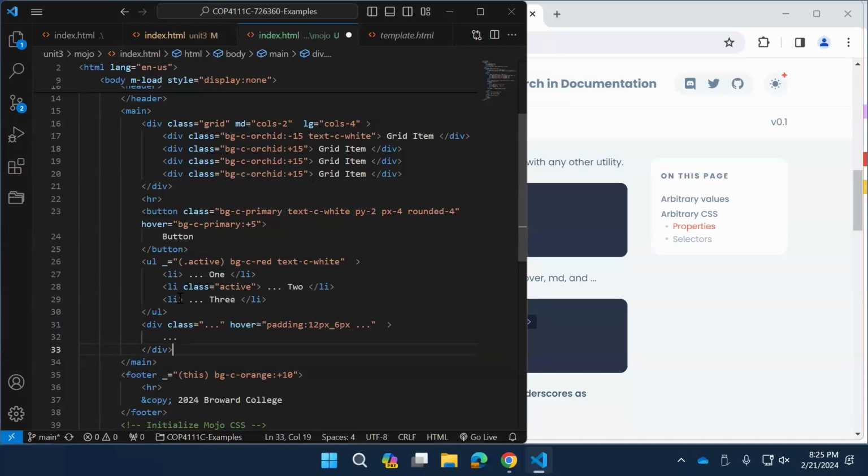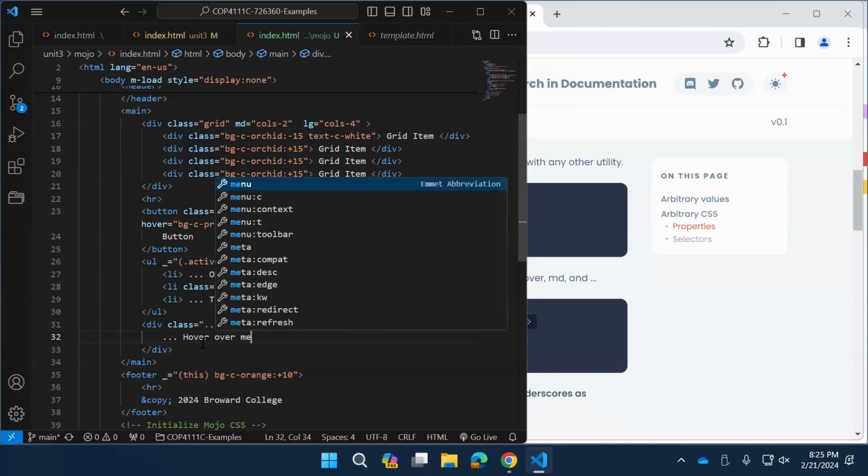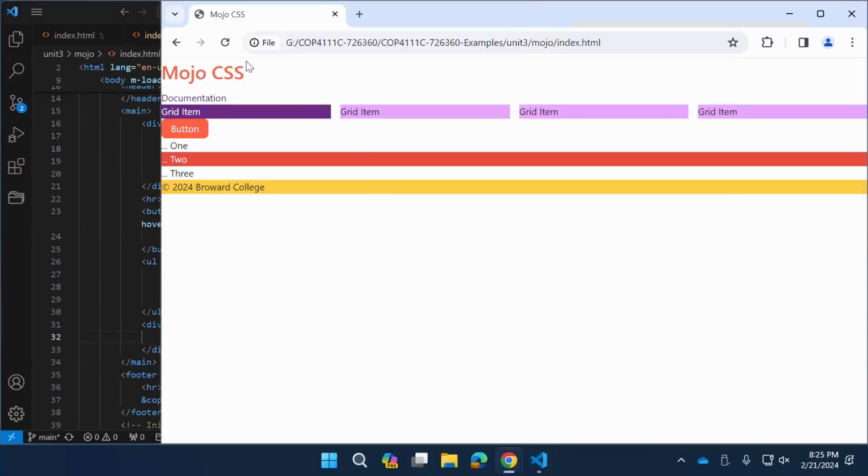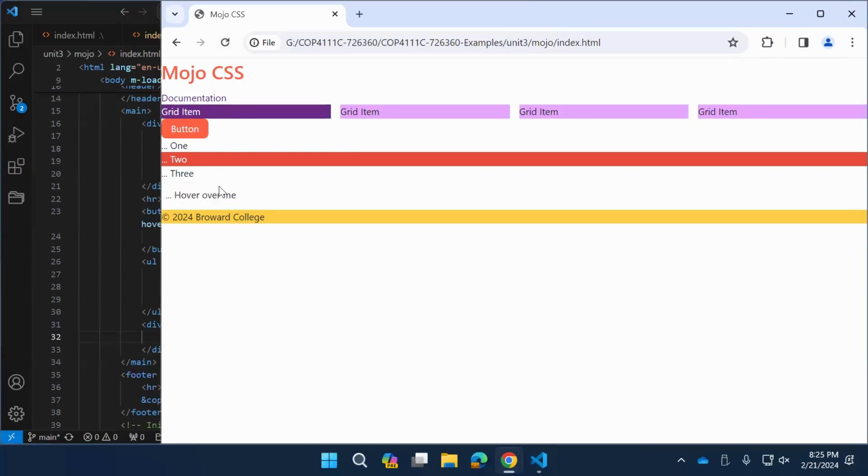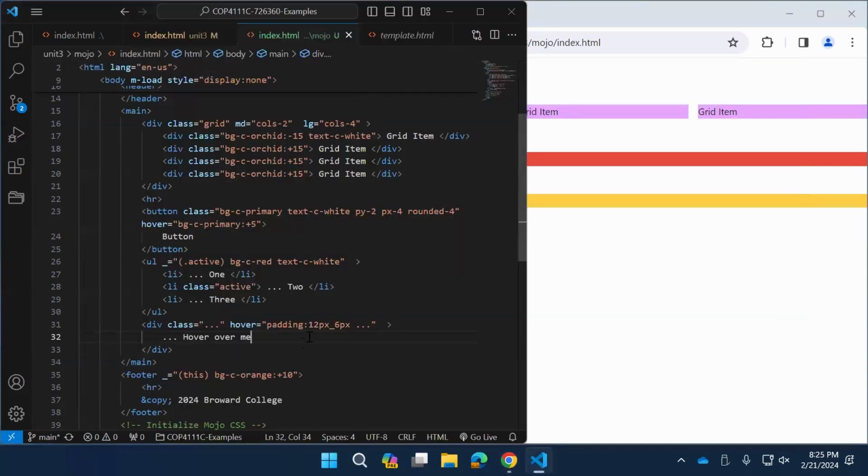all right, so I'm just going to say hover over me. And if I refresh, you can see now, when it hovered, it changes the padding. And what it's doing is, notice here that it says 12 pixels, then an underscore 6 pixels. That 12 pixels is the top and the bottom, the 6 pixels is the left and the right. Because if you think of the box model,